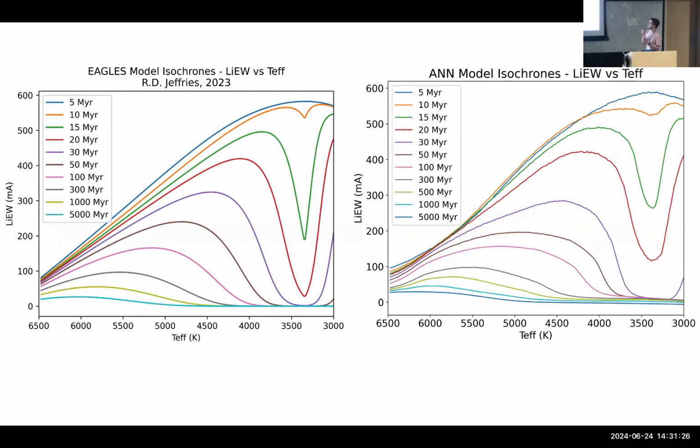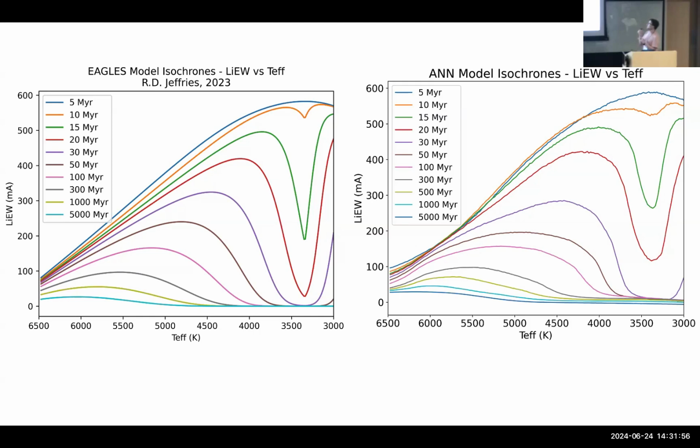So to give a sort of quick overview of our results there, on the left-hand side, we've got the Eagles isochrones. So we've got equivalent width on the y-axis and effective temperature on the x-axis. And then on the right here, we've got our neural network. This neural network set of isochrones, we have 2,000 iterations of the model predictions, again, using that dropout method that I've just mentioned. And although superficially they're very similar, we do see 2 major differences in these. First off, we can see that additional flexibility.